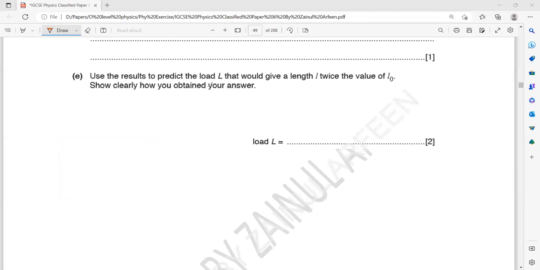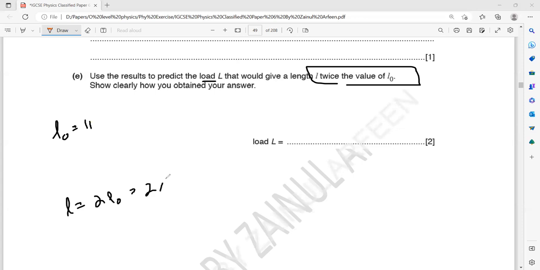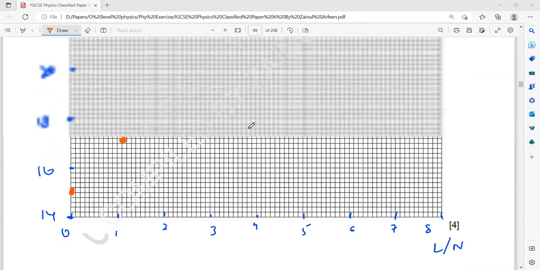Then use the result to predict the load that would give a length twice of L naught. For example, if your L naught was 11 millimeter or 12 millimeter, we want the load for which the length is twice of L naught. L is equal to double of L naught, meaning 2 into 11, which is 22. So we want to find the load when the length is 22 millimeter. You have to show this on your graph. So when 22 is there,